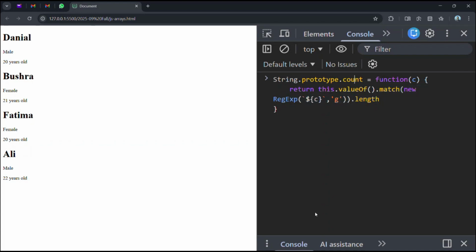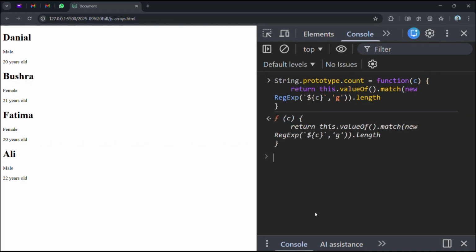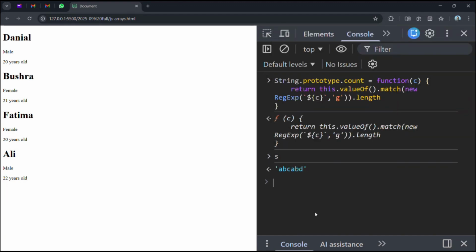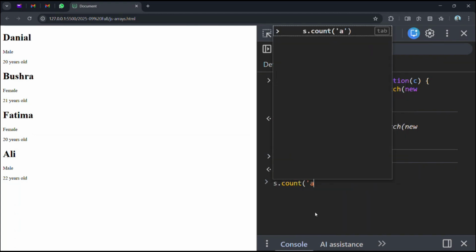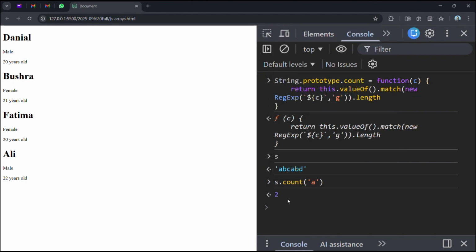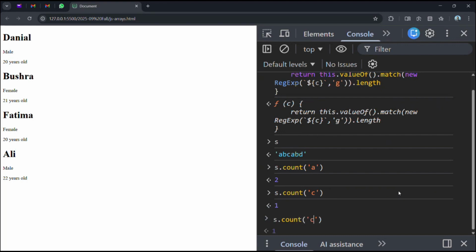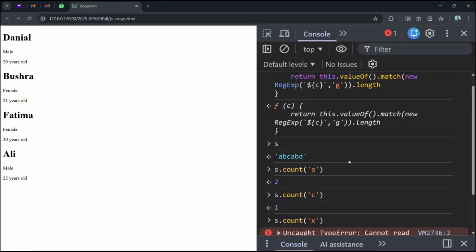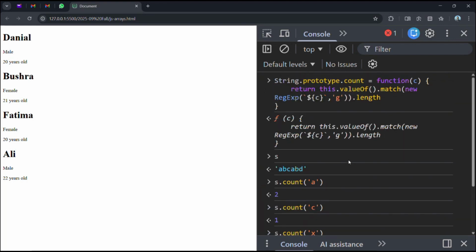So in this way, we implement the count function for the string array. Now this would work on the strings. Let's say the string is abc abd. If we say s.count a, it would return 2. If we pass it c, it would return 1, and if we pass x, it would throw an exception. We get the exception because the match function would return null in this case, and null dot length